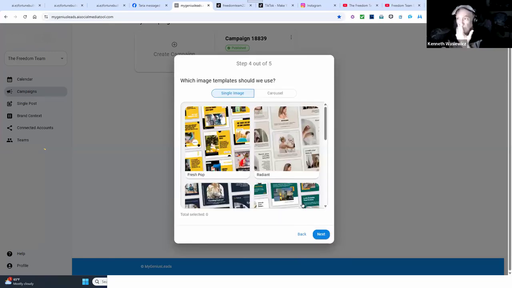So these are the different kinds of formats your post can take. It'll put the image there with some text here, right?